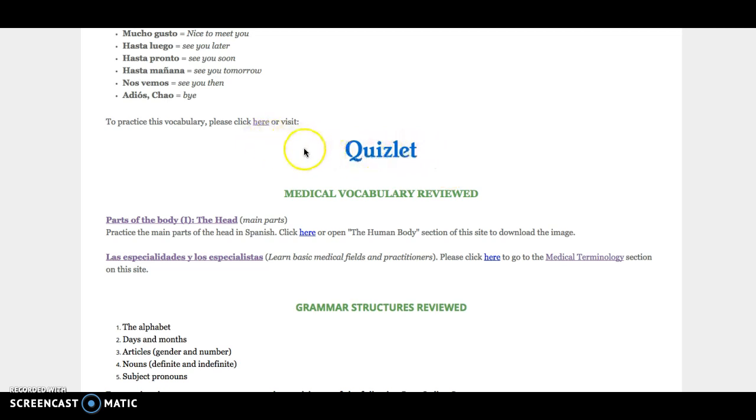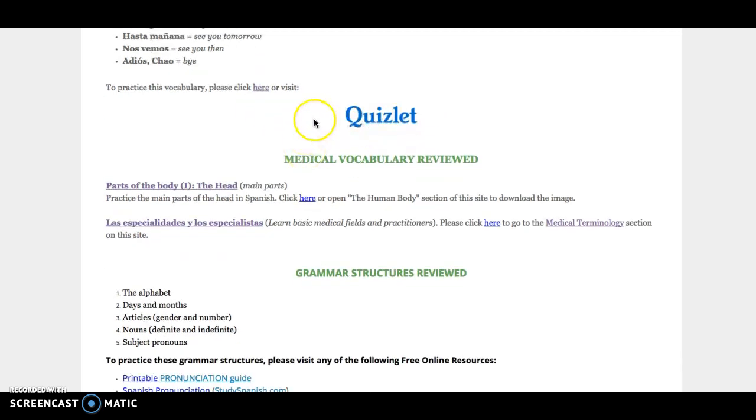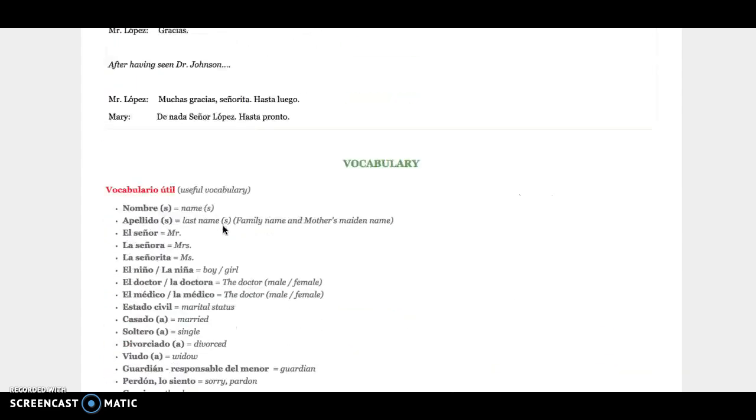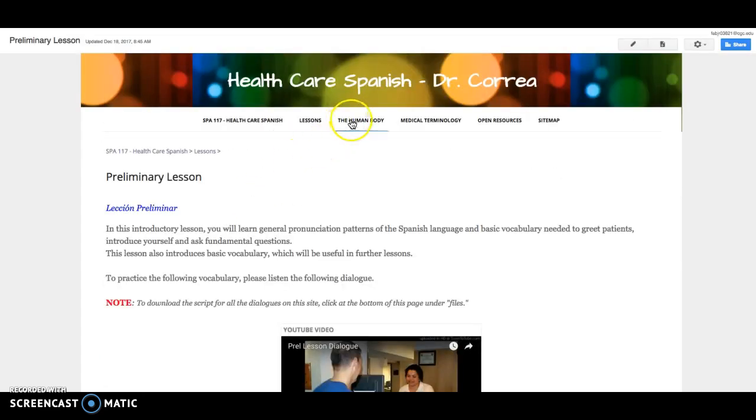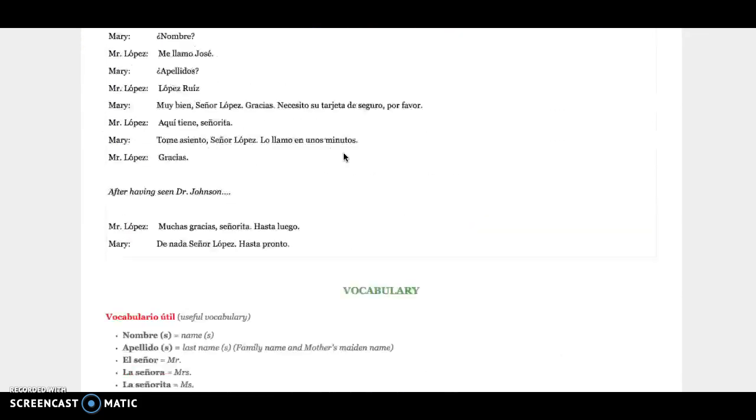After each of the sections of vocabulary, you will also have specific medical vocabulary reviewed. The link of this specific vocabulary is also provided separately here in a menu on the top. It's called the human body. If there are specific words of vocabulary you will be learning in each lesson, you will be directly sent to this item. For example, in preliminary lesson,